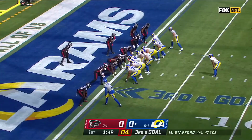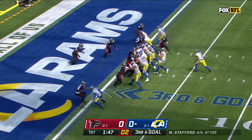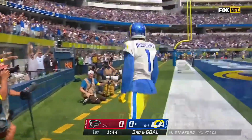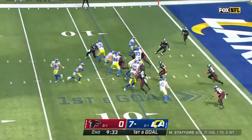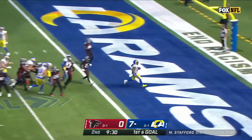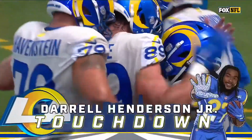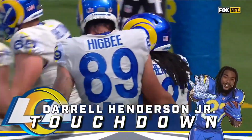Third and goal. Just inside the one, Stafford wants the fade. Robinson, touchdown Rams! It's Henderson, hole, touchdown! Darrell Henderson, his first score of the year as he picks up 8 and puts 6